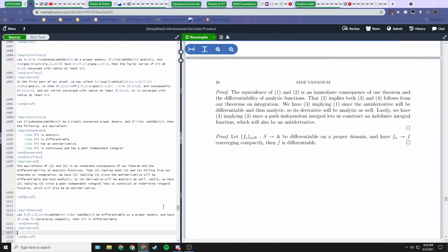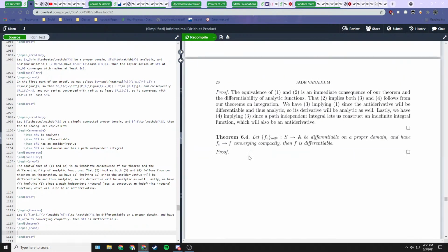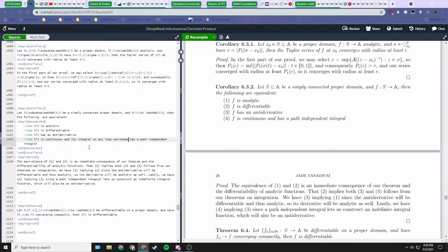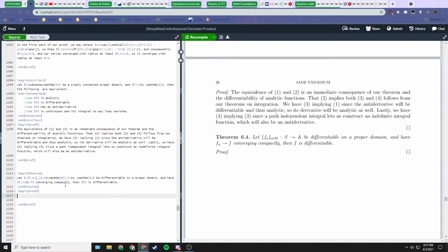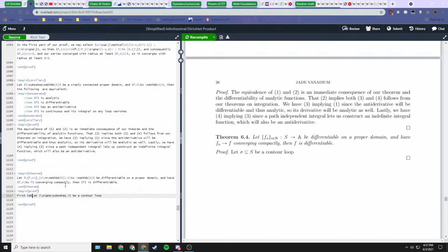Okay, so this one actually follows pretty quickly from our corollary. So f is continuous and has a path-independent integral. So we can say, let sigma subset of S be a loop. Actually, we want to take the convex case first. So we'll first take the case where S is convex. Let sigma subset of S be a contour loop,